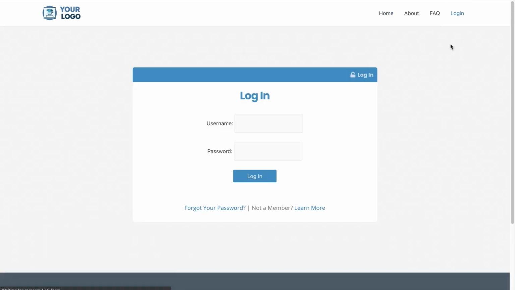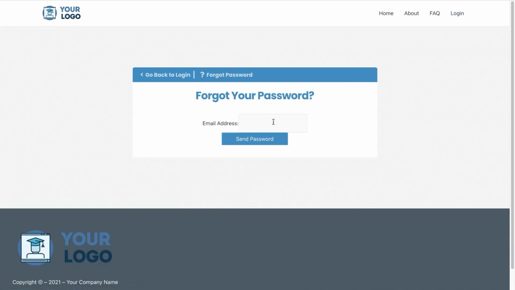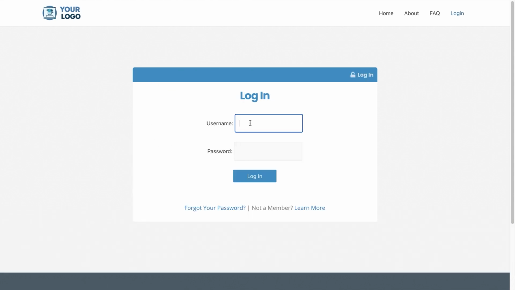Now clicking this, we've already linked this to your login page, so you don't actually have to set this page up. It already works. The forgot password link is already set up and configured. You can go back to the login page. Now, unlike other membership platforms and programs that you might have used, you don't need to set up a login page for every single course or every single program. One login page is all you need for your entire site, and you as the admin will actually use this